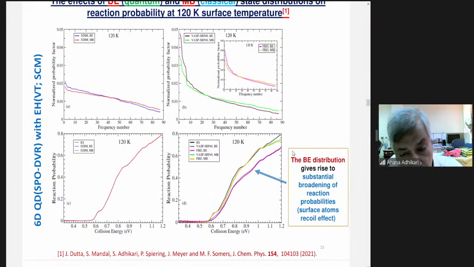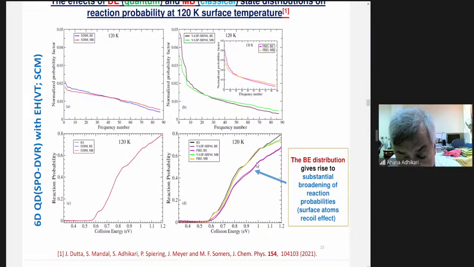This is counterintuitive. It must be a quantum effect. But you see, if you consider Maxwell-Boltzmann, then there is no effect, or even if you have an effect, very little effect. And as I promised you, beyond 1 electron volt, you should not consider how accurate my result is. Within 1 electron volt, the result must be very